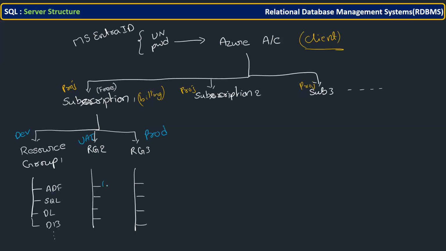What data factory you have here, the same data factory you are going to have here and here. What SQL you have here, what configuration capability, so cores or RAM size, whatever you selected, the same thing you will maintain here. Maybe in production you may have some more extra, that depends again. But all the resources you have here, you also have there. Now you can see a pack of resources is nothing but one group. By seeing that group, you can understand, okay, this is the dev environment, this is UAT, or this is prod. So this is what, first of all. So all three environments we are going to create.